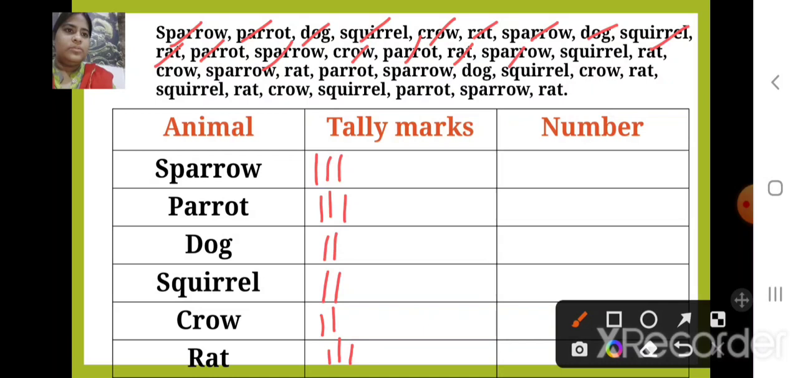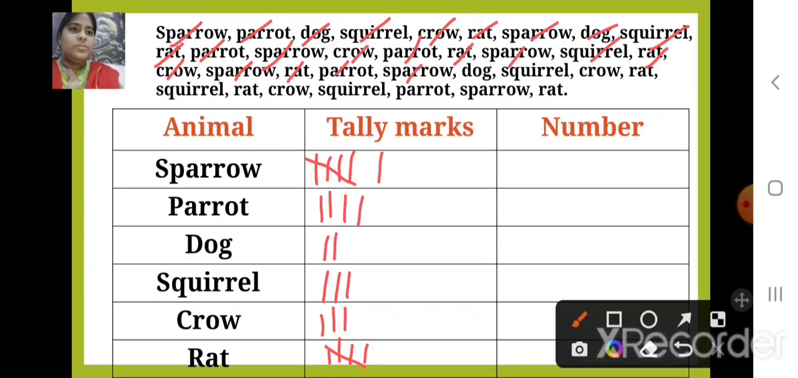again sparrow, then squirrel here. Then we have rat again, then crow, where's crow? Here, sparrow again. Now for sparrow you can see, children, already 4 tally marks are over. This is the 5th one, so I'm going to put a slanting line. Okay, then we have rat. For rat also the same thing. Okay, then parrot,